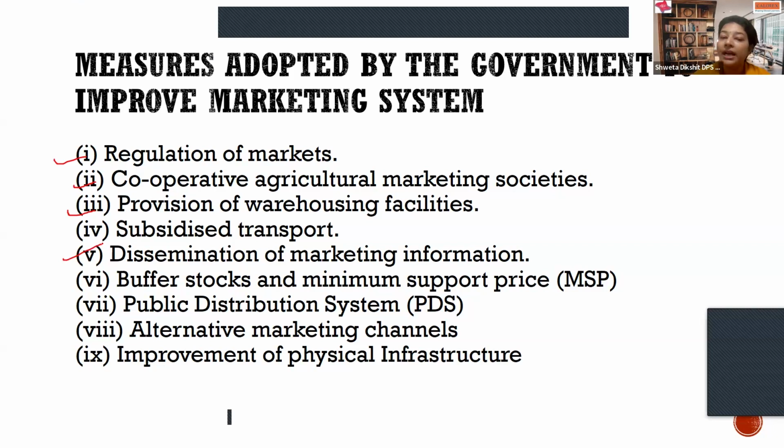Now, subsidized transport. This is something very unique. I just told you that there's a lack of transport. The farmers do not have their own tractors or trucks so that they can carry their heavy produce to the market. In fact, the costs are also very high. So to meet this cost, they'd better sell in the village market, where they do not get a sufficient margin of profit. So sometimes they are compromising with the profits.